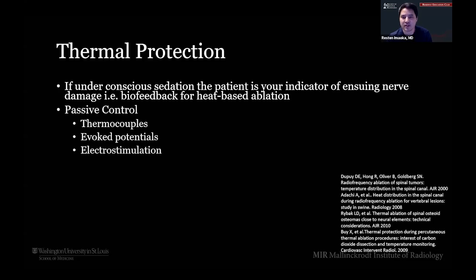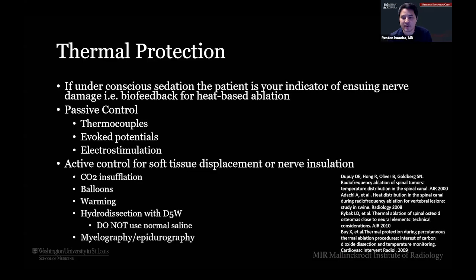So there's a couple ways to achieve thermal protection, right? You can talk about passive control, where you put thermocouples, which are just temperature sensors, close to something that you want to see and measure the temperature. Or you could do evoked potentials, motor or somatosensory evoked potentials, where you're stimulating the brain, seeing how long it takes for that muscle to contract, and you're measuring both the strength of the contraction, or the amplitude, and then also the delay, the latency. And then active control is you're actually doing something to prevent it. With the passive ones, you're just watching, but not really doing anything to prevent it.